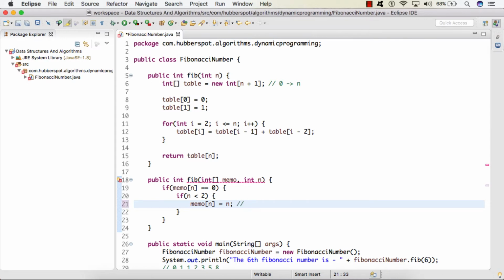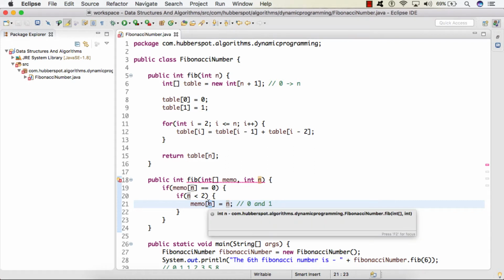Because we know that the first two numbers of Fibonacci series are 0 and 1, and as the array starts from 0th index, this value will be stored at 0th index and this will be stored at the first index. So we simply check whether n is less than 2 or not. So if value of n is 0, then 0 is stored at 0th index, and if the value of n is 1, then 1 is stored at the first index.